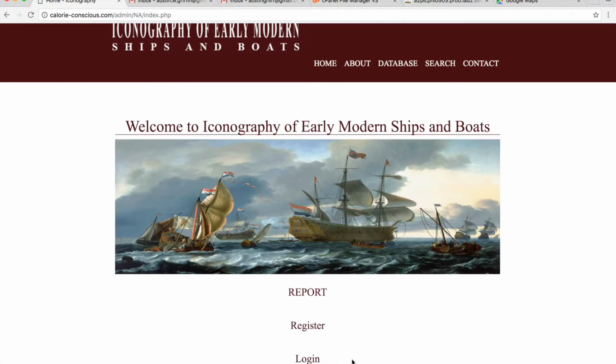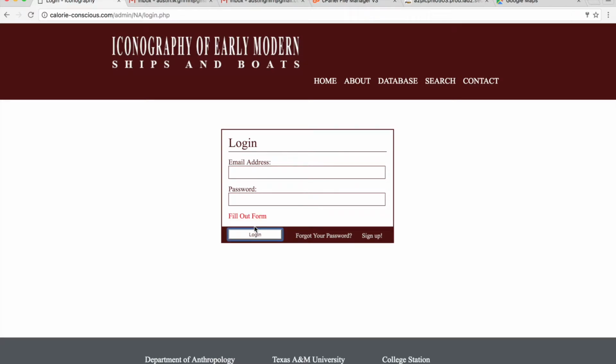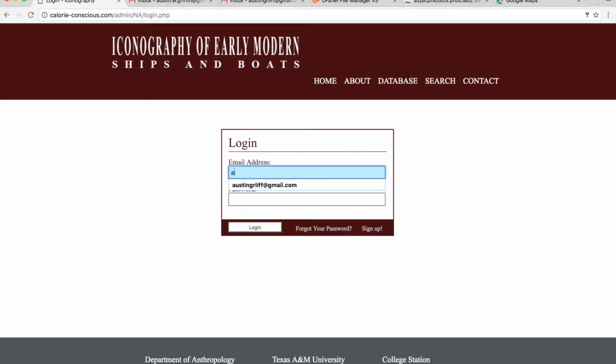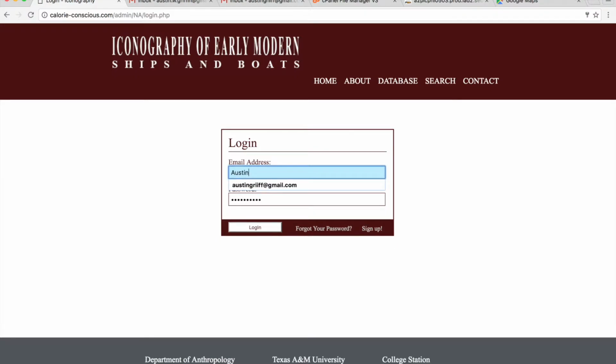While we're still waiting on the emails, I'm going to test the login page. So let's first test it with no data. So it tells you to fill out the form. So now let's try it with a bogus email. It tells them that the email's not found. So now let's try with